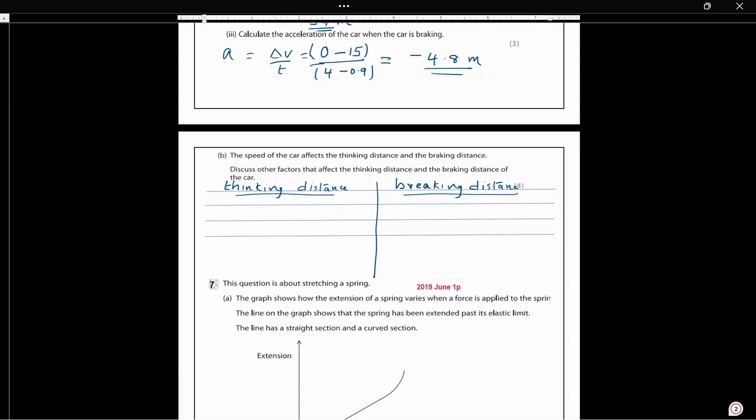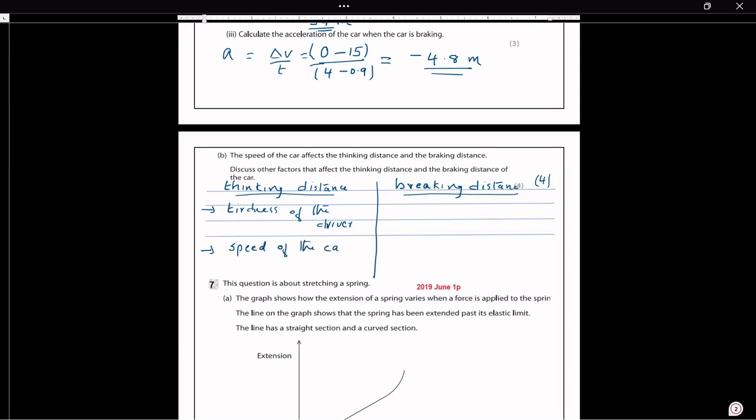Okay, for the thinking distance, at least 2 you have to write, because this was given as a 4-mark question. At least 2 you have to write. So thinking distance, first of all, it is the condition of the driver, whether he has consumed any medicines or alcohol or something like that, or it's tiredness, I can say. Tiredness of the driver. The second one, we can say the speed of the